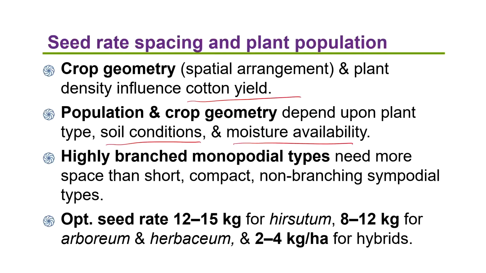Similarly, for moisture availability, if we have too little moisture, as in rain-fed conditions, then we can have less plant population. Highly branched monopodial types need more space than short, compact, non-branching sympodial types. So, the optimum seed rate is 12 to 15 kg for hirsutum, 8 to 12 kg for arboreum, barbadense and herbaceum, and 2 to 4 kg for hybrids. So, you can see here for hybrids the seed rate is 2 to 4 kilograms per